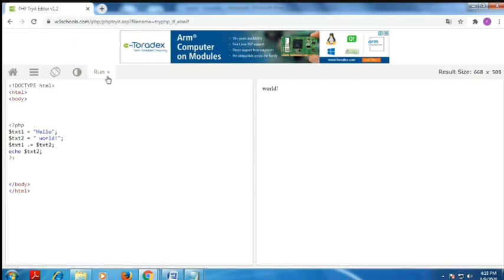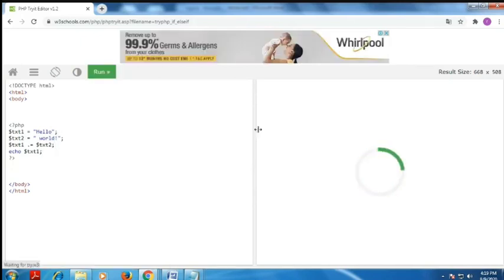Only world. You see that? That is, I have to assign text one is hello and text two is world. Then I have to concatenate text one and text two. Okay, so it joins hello world first. Then I have to print the echo statement of text two. What is the meaning here? Text two I already assigned as world. But here I have to print text two instead of text one. I have to assign text two to one here. What is the output? You have to concatenate, and hello world will display here.